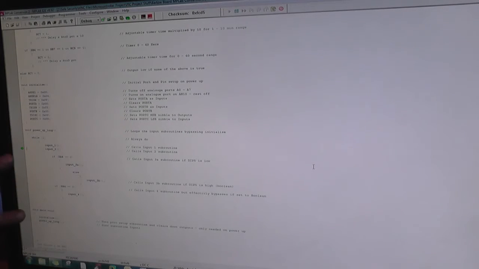I've slowed the debugging mode down, so I'm going to press animate, and you can see at the moment we're at initialize, and then it calls the power up loop, and then for some inexplicable reason it jumps straight to the input 3 function or subroutine, and then it goes back to the main power up loop as it should, and then runs input 1, input 2,